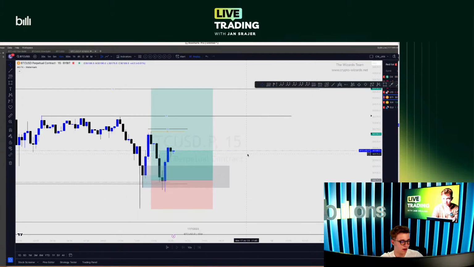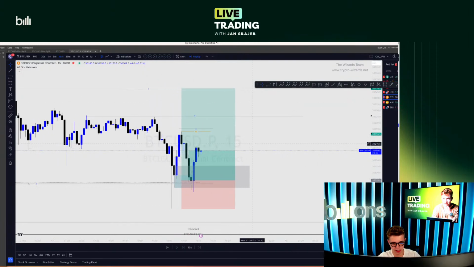That sucks a bit, but we've got around 10 minutes before the US session starts, so I'm expecting some volatility, obviously. That's really what's going to decide this trade. We're either going to get stopped out or we will actually hit our take profits.